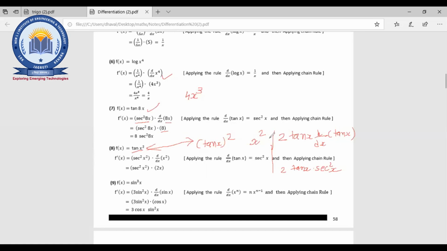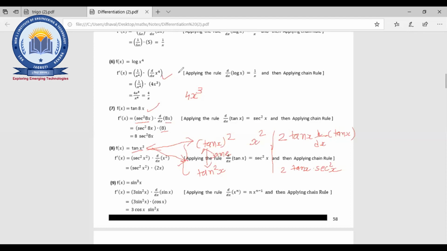Fine. Sometimes it will be written like this also. Here it will be given sine cube x, right? That means what? Here it may be given like what? tan square x. This both are same. Okay. But these things are the different one. This thing. Okay. This both are a different one. Clear? Clear for the power? Whatever the thing is given, you have to apply a chain rule, but both are in a different way. Fine.